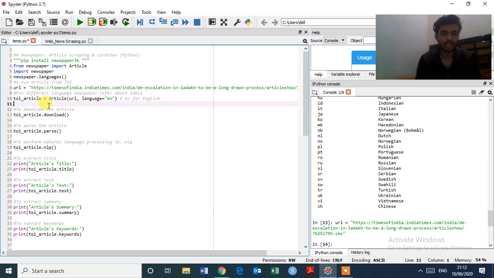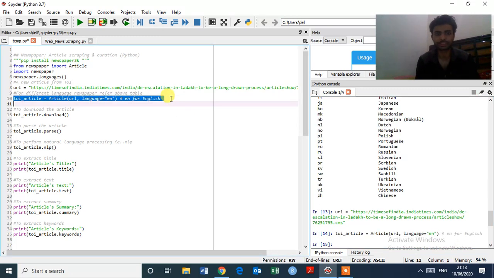Okay, and if you want a different language, newspaper refers here, but we need English. So just TOI_article equal to Article, in brackets we have given the URL, comma, language is English, the EN code. Select this, Command Control Enter to execute. Okay, it's executed successfully.